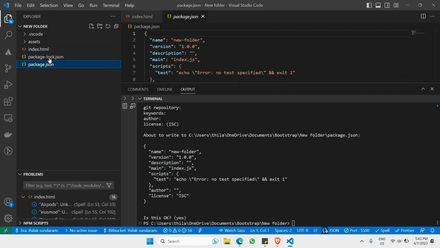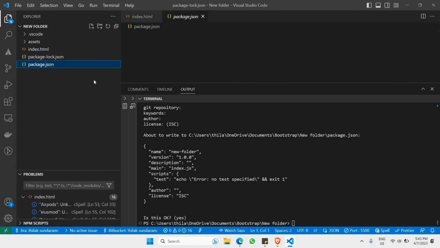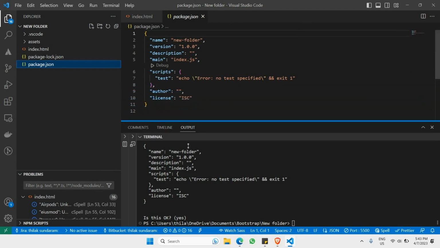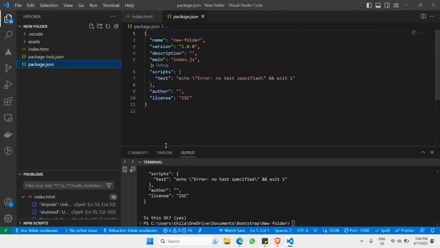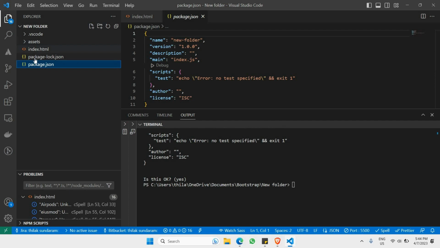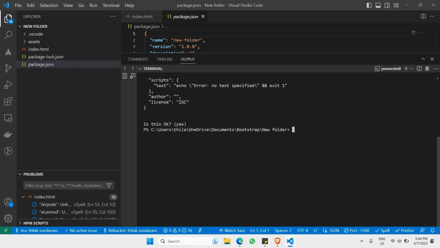One is package.json and one more is the lock file. We're just going to be using package.json for this particular case. So as you know, we already have our package.json created. Next thing is I would like to download and install Bootstrap locally. So this can be npm install bootstrap,